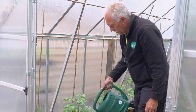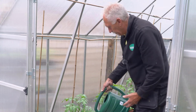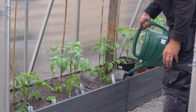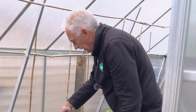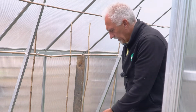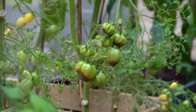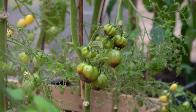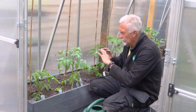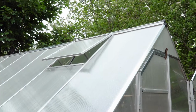As the tomatoes grow, try and keep the leaves as dry as possible. I have got a little bit on the bottom leaves because you can't really avoid it, but the top, the crown especially, keep that dry, and that again avoids certain diseases. Keep your watering constant through the season, because that can prevent blossom end rot, which is just a little black scab that comes underneath the tomatoes. Keep it ventilated. They like to be warm, but they don't like to be damp. So if you keep your doors open, your vents open,